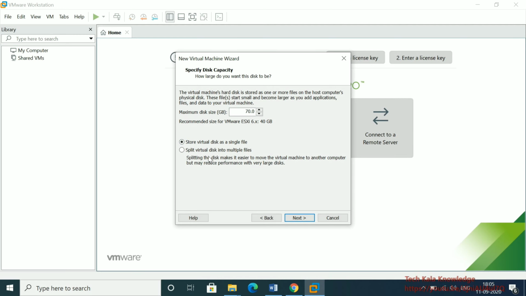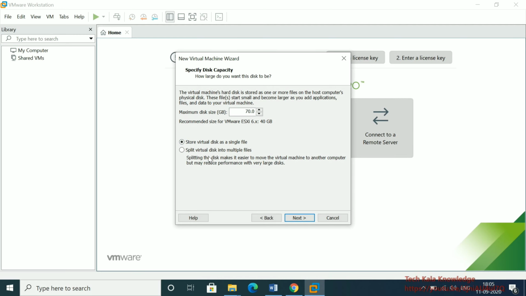If you select split virtual disk into multiple files, it will create multiple files as per the timestamp. So if you want to recover data from, say, 2 days back, you can do it that way.